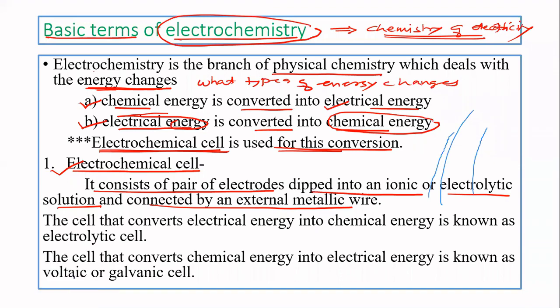So this electrochemical cell consists of a pair of electrodes. That means two electrodes are there, a pair of electrodes. These two electrodes are dipped into an ionic solution. The solution must be ionic or electrolytic solution. Electrolytic means the solution of electrolytes. And you have to connect these two electrodes by an